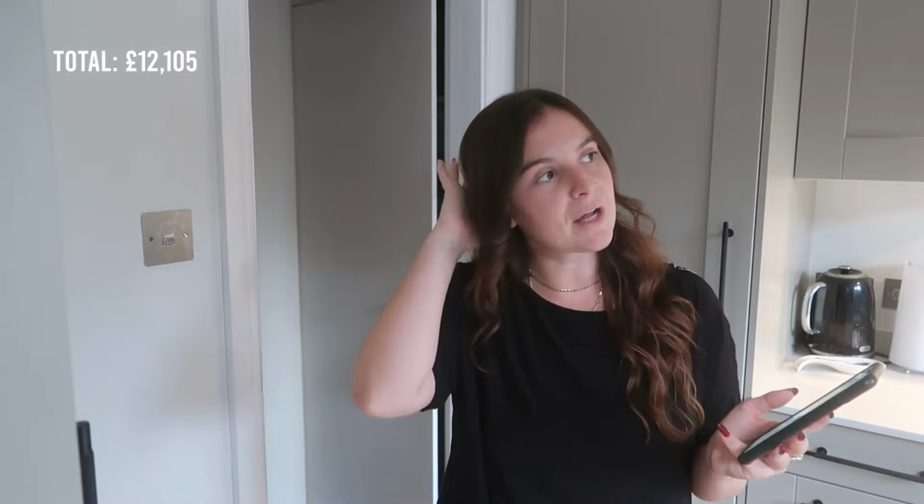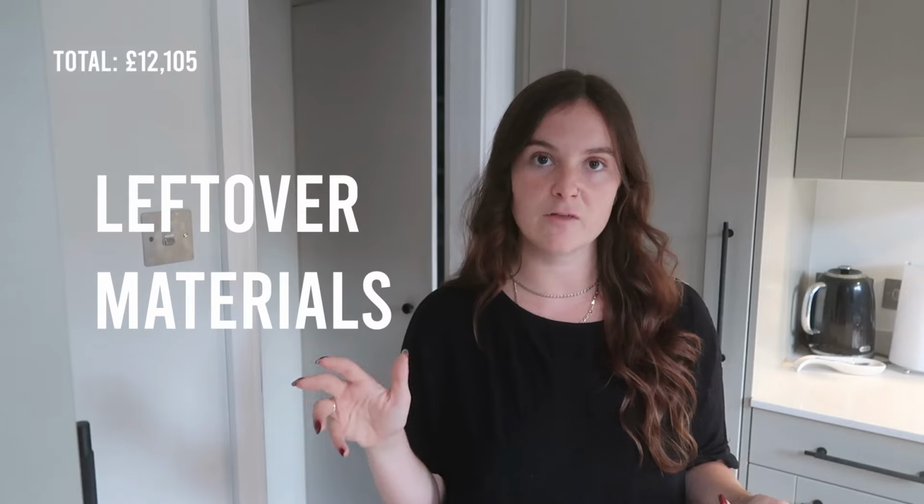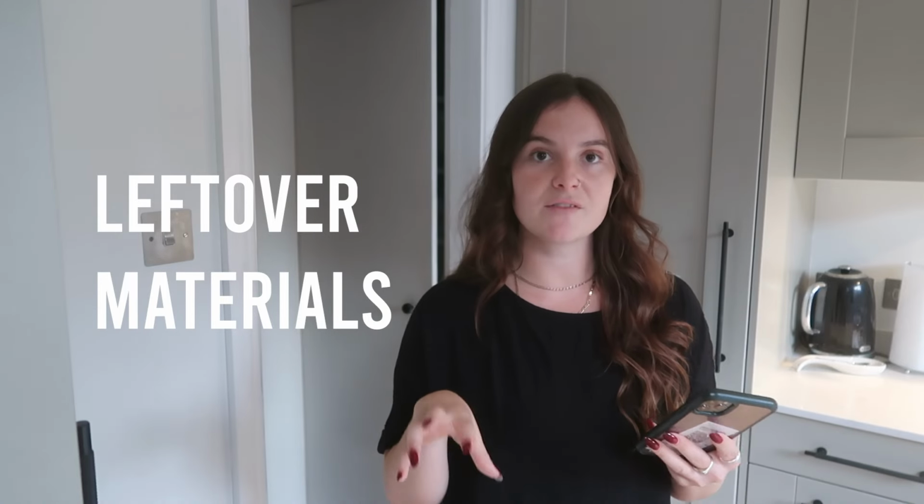So before I say what the total cost is, I do have to mention that a bunch of stuff was included as it was just leftover materials from previous parts of the house. So we've got 100mm insulation, the 22mm chipboard, all the plumbing bits, all the electrical wires and bits, sand and cement for when we leveled the floor, and underlay and vapor tape. All of these things aren't too expensive, so I don't think they would add a significant amount of cost to the job, but I just didn't want to ignore those and then you come across them yourselves and discover that they're extra. So the total for everything we did to this kitchen was